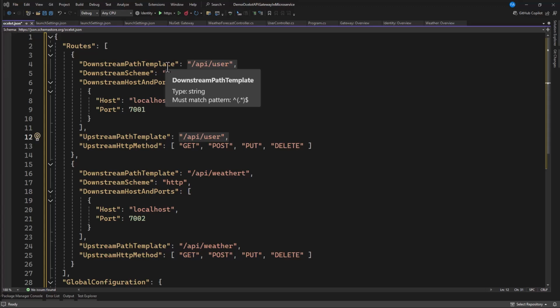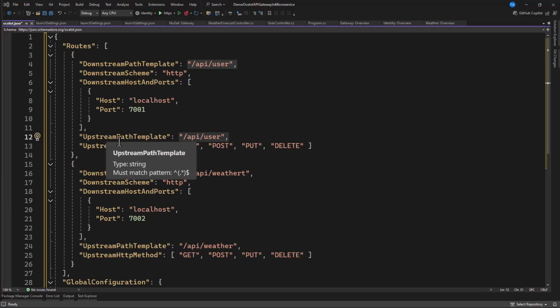Great. So the upstream path template defines the path pattern that the Ocelot gateway listens for in an incoming request. That is the URL path the client will use to access the API through the gateway. So that is the upstream path. Now, the downstream path specifies the path on the back-end service.